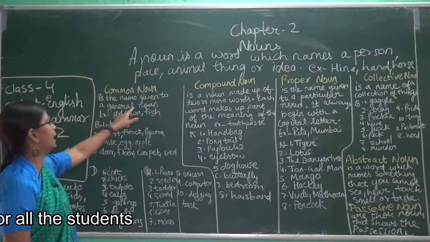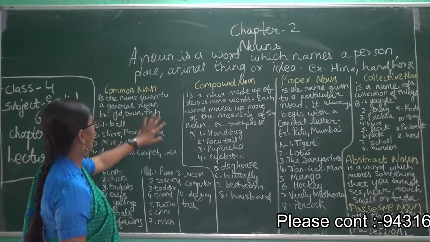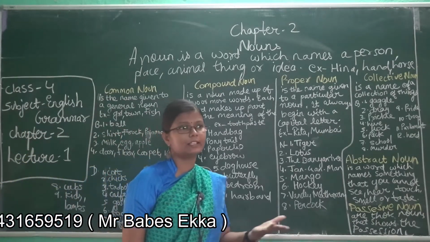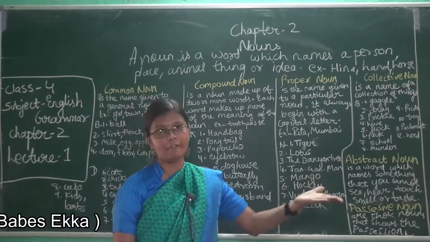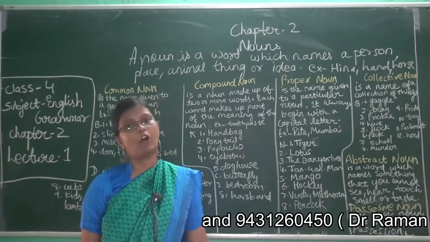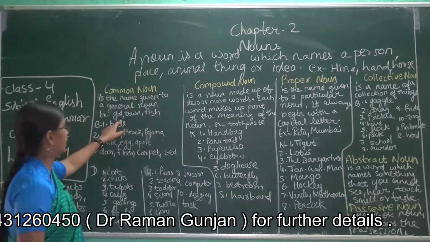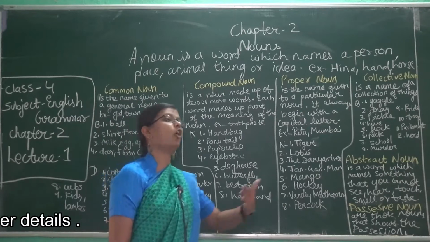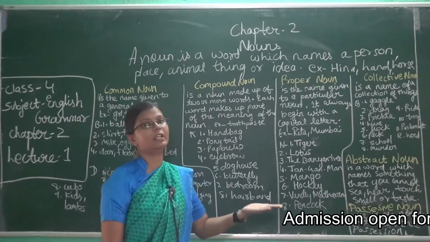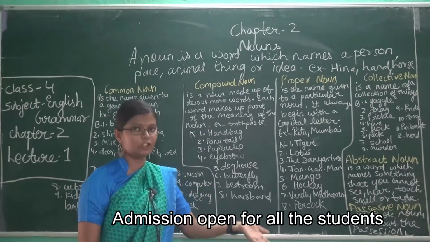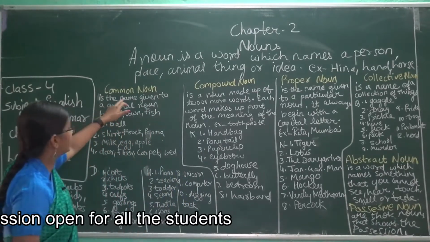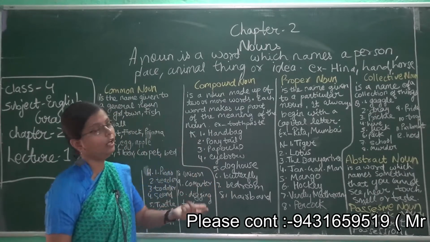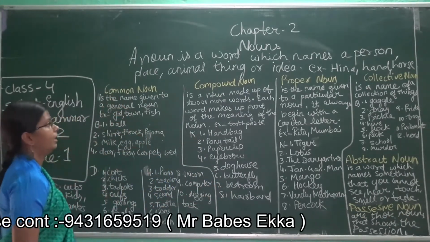A common noun is the name given to a general noun. Common noun is a name which we give to a general noun, that is very common to everyone, the names which we cannot change. Girl, town, fish. That is the common noun which everyone knows, which we cannot change. So that is the general name of any person, place, thing or animal, that is called a common noun.